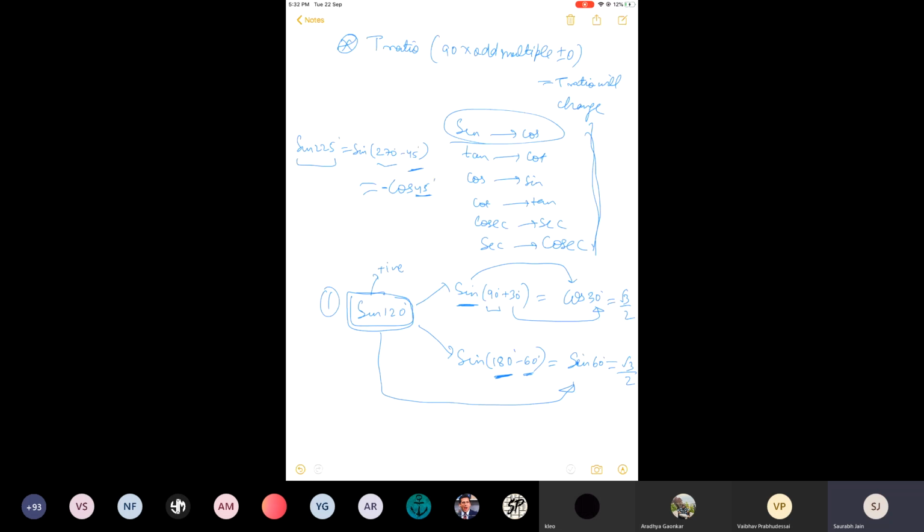So in the next class, we will find all the values of the standard angles, that is 120, 150, 225. Though I have told you everything, if you want, you can go for the standard angles and find their sine, cos, tan with the help of this rule. Otherwise, I will teach you in the next class. This will help you to solve the next exercise in your school textbook. We will solve some more questions on this. But now since you have class at 5:45 and it's already 5:33, I will continue with this in the next class, so that you have a better understanding. All right, so today we'll wind up our class here only.